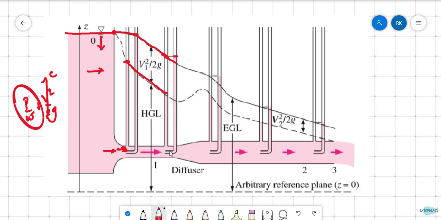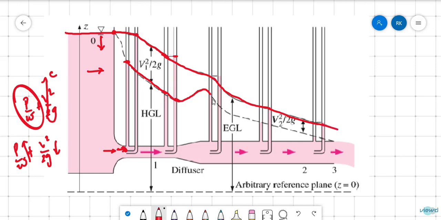And next, as this cross section area is increasing, velocity head decreasing and pressure head should increase. To maintain total energy constant, this should increase. And again, this total energy line. So there is a decline of the total energy line. And if I plot all the values along the pipe, that will be in this way.